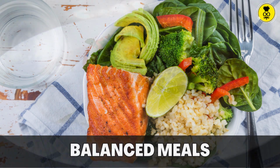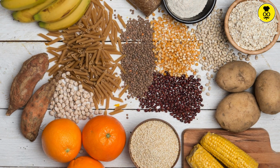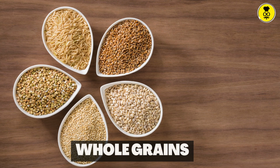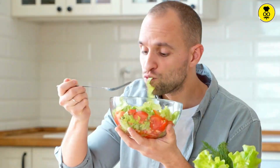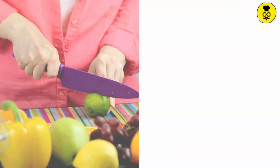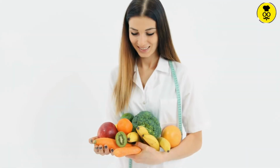Balanced meals. Creating balanced meals that include a combination of carbohydrates, proteins, and fats to provide sustained energy and promote satiety. Whole grains. Opting for whole grains over refined grains to increase fiber intake and improve overall nutritional content. Fresh fruits and vegetables, including a variety of colorful fruits and vegetables in your diet to ensure a wide range